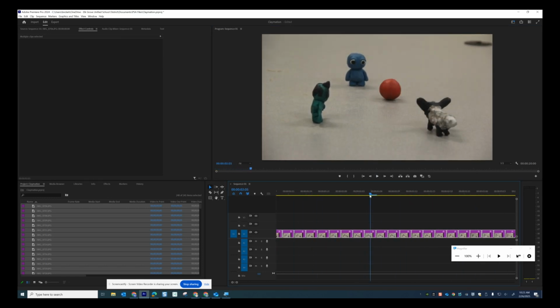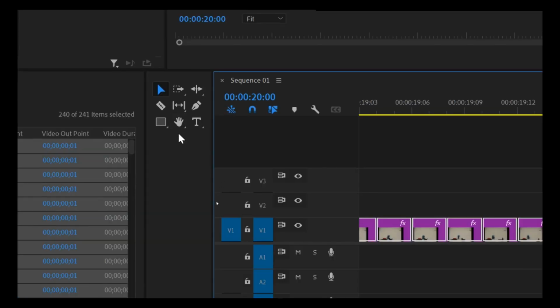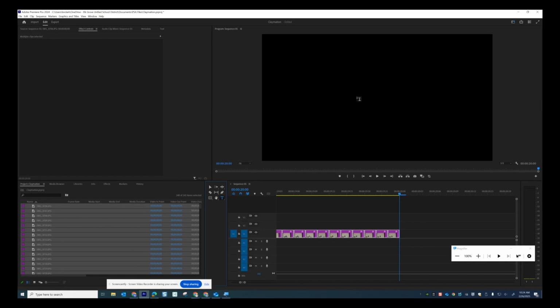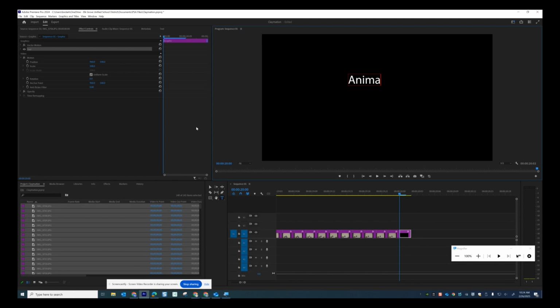The final part of this is to add the text. So I'll hit the end key to jump to the end. I'm going to click my T tool to start typing my credits at the end. So I'll click in the middle of this black area here, and I'll type animated by, and then you would type in your names